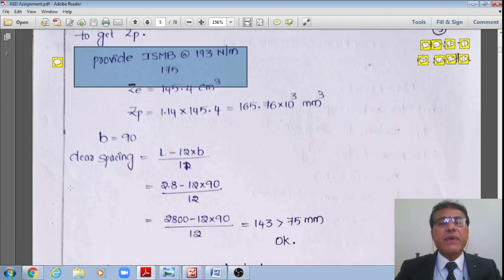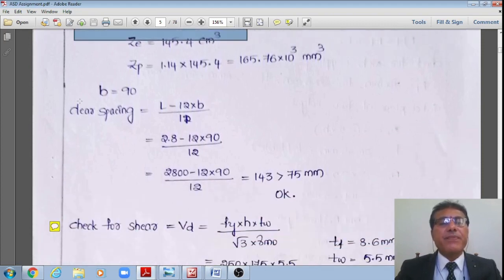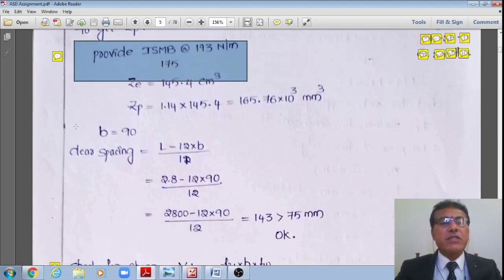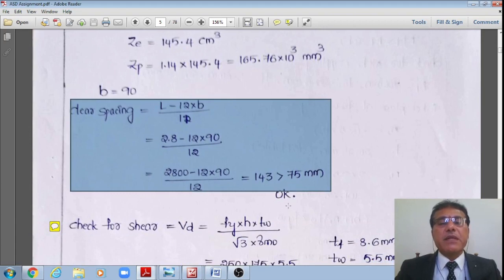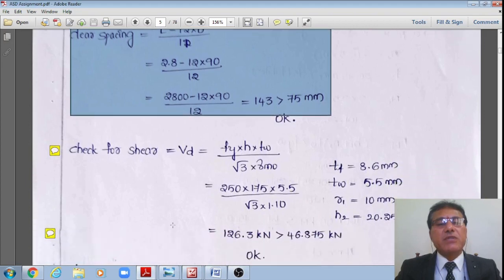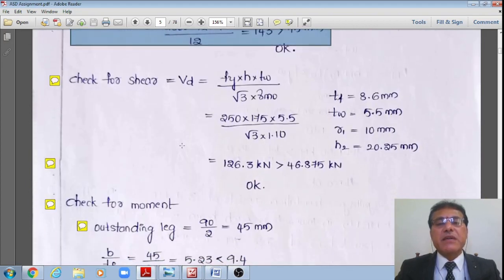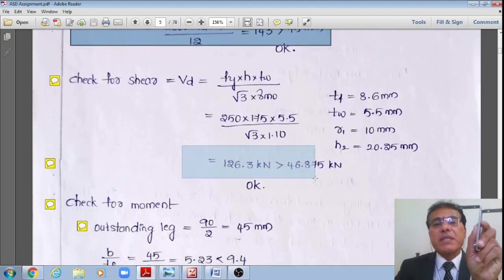Now we can check that it is passing. I'm not going through the exact calculations now because they have been elaborately explained, right? Now you can see that the clear spacing between the webs is 143 mm, which is greater than 75 mm, and the check for shear is also okay because each of the sections is resisting